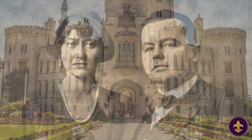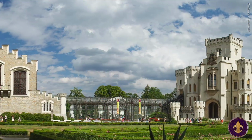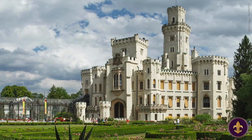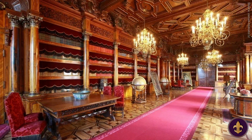After World War II, the castle, under state ownership and communist rule, began serving primarily as a museum and a popular tourist attraction. Today, Hluboka Castle is a popular tourist destination attracting visitors from around the world, who come to admire its stunning architecture. As a visitor, you can choose from a wide range of tours that allow you to